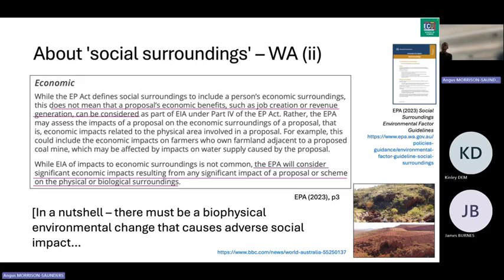It says here, while the Environmental Protection Act defines social surroundings to include a person's economic surroundings, this does not mean that a proposal's economic benefits, such as job creation or revenue generation, can be considered as part of EIA. And it goes on, and the bottom bit I've underlined at the base there: the EPA will consider significant economic impacts resulting from any significant impact of a proposal on the physical or biological surroundings. In other words, there must be a physical or biological change that causes an impact on